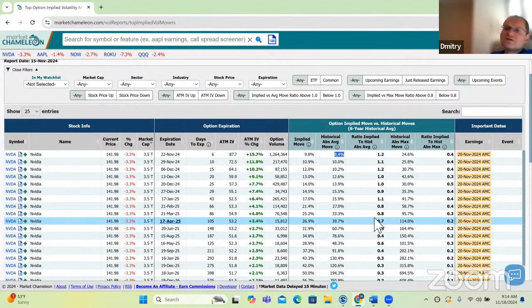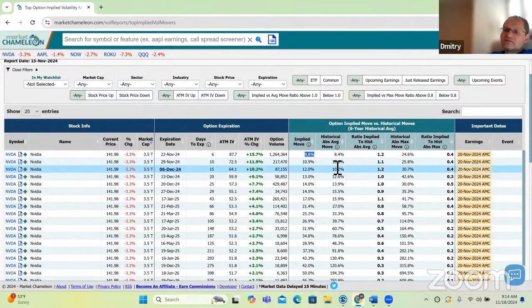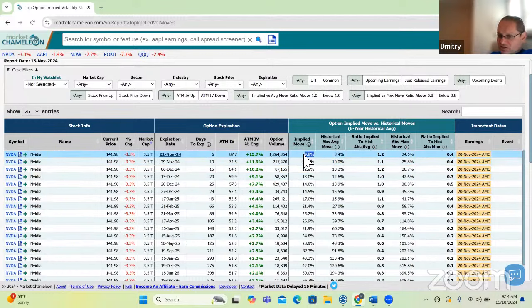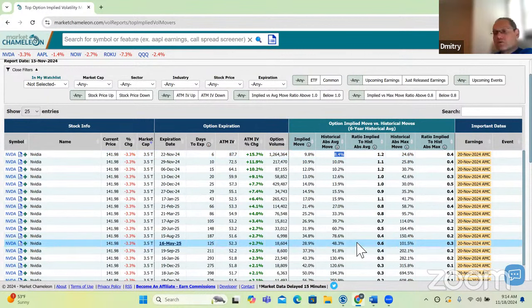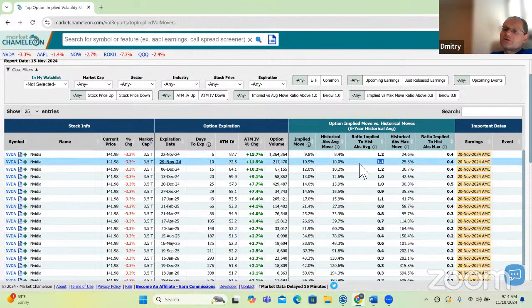Well, what if we took the straddle, the implied move, and divided it by the historical average move? Then we get a ratio, right? So if this is greater than this, you'll have a ratio more than 1. If the implied move is lower than the historical average move, then you're going to get a ratio less than 1. So now we could just look at ratios, and then we could even compare them,